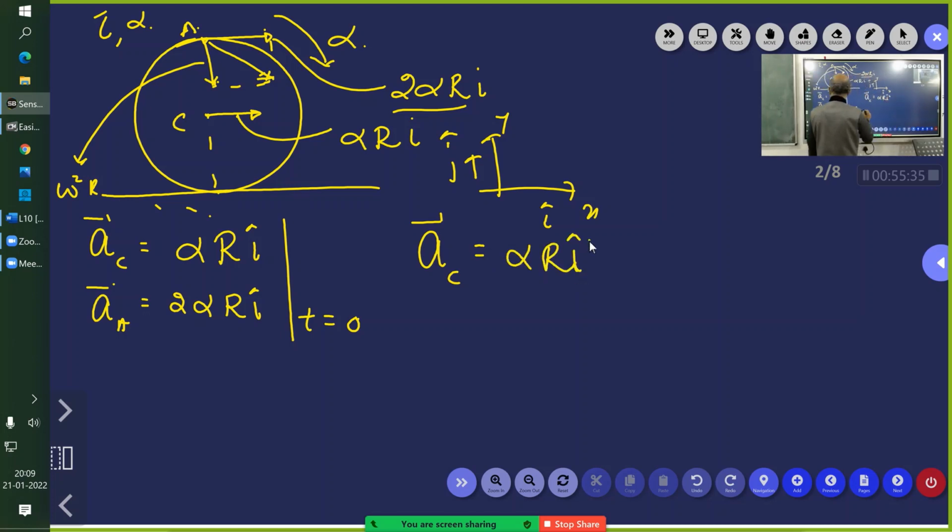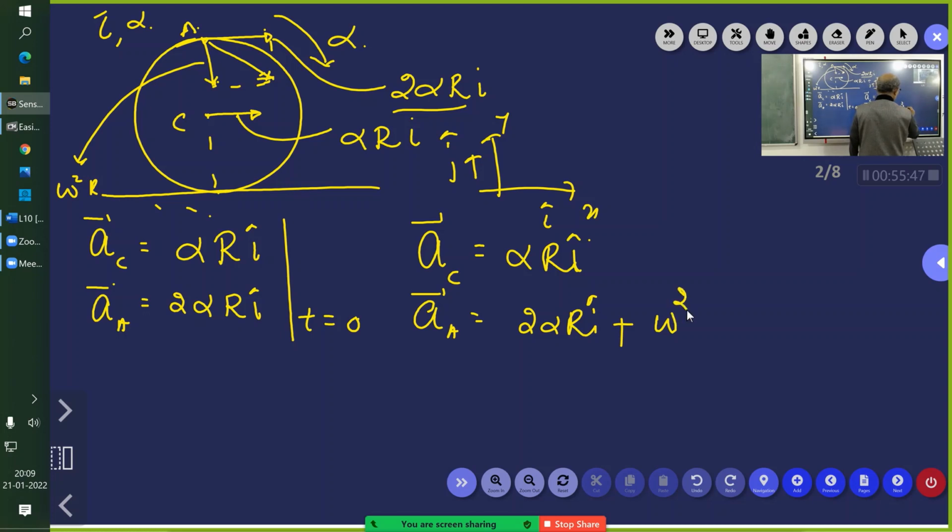But as far as A is concerned, here, so you will write it as 2 alpha r I cap plus omega square, minus omega square r, function of theta. Right? But they are asking as a function of time. So omega is alpha times t. So here you write 2 alpha r I cap plus